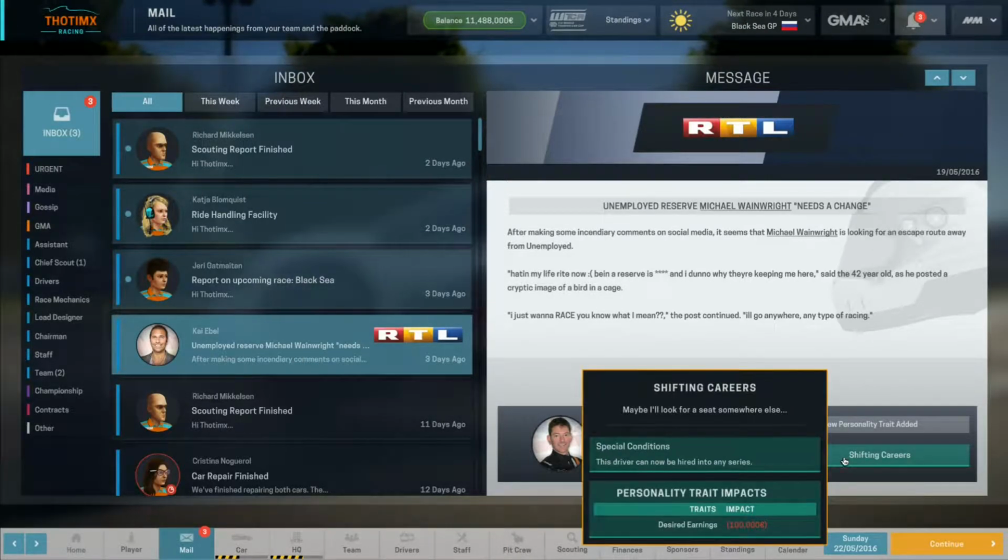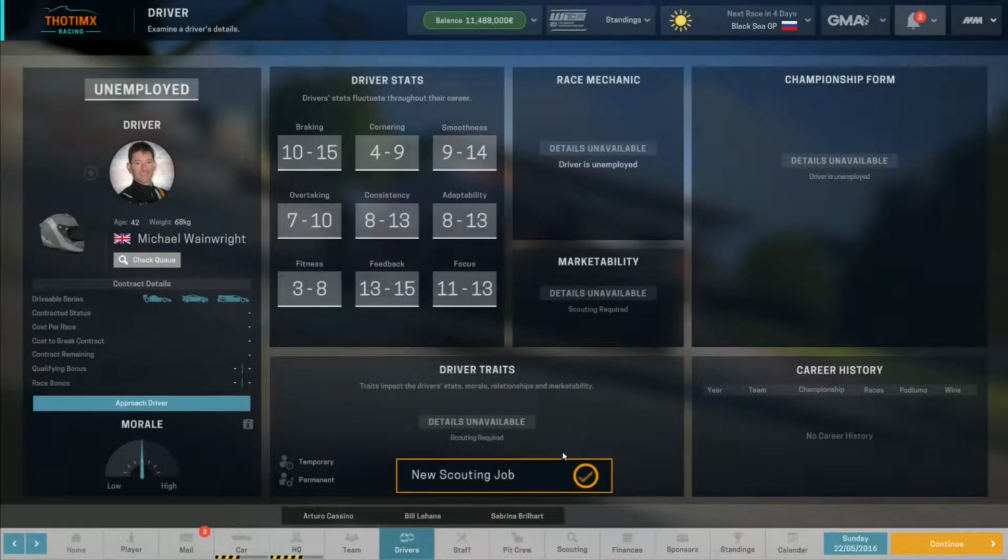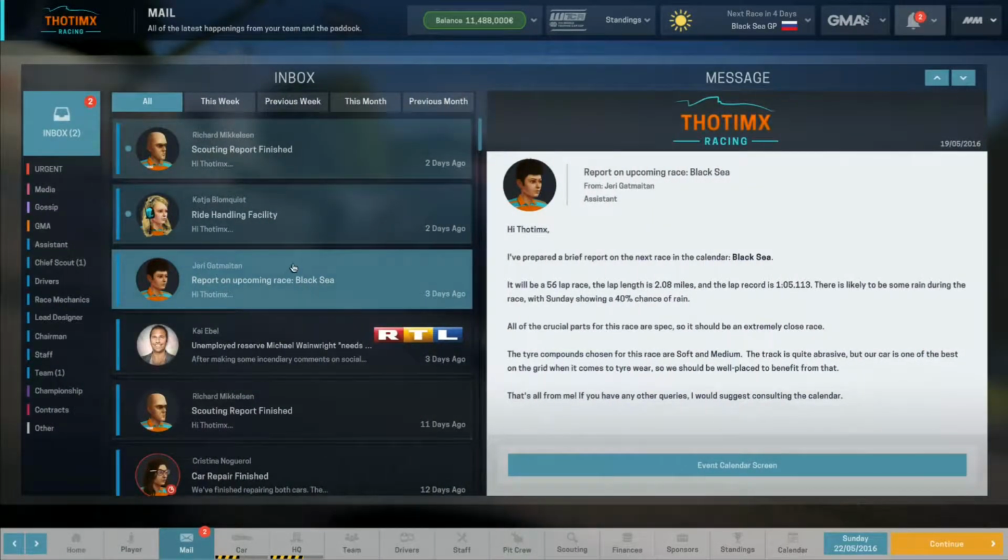And Michael Wainwright is our latest guy who just wants a job. Nope, don't do that. Scout him first. 42, probably not likely to be a good prospect, but